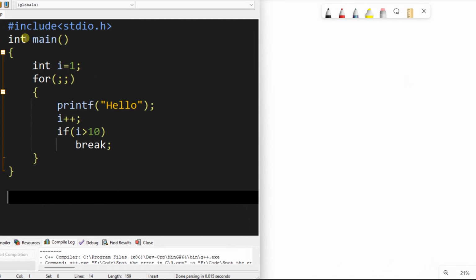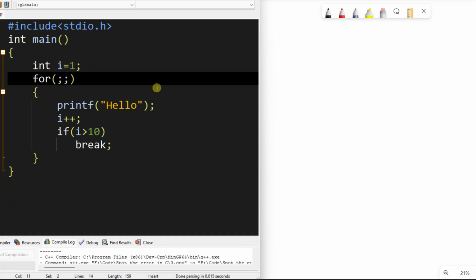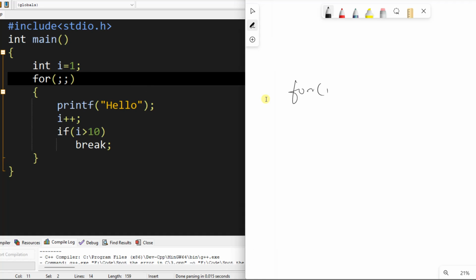So in this program, if you're trying to find any error, the main thing which we notice is that in the for loop, there are two semicolons, which we usually don't use. Like how we give a for loop: for (int i = 0; i < 10; i++). So this is the usual syntax which we have used in most of the